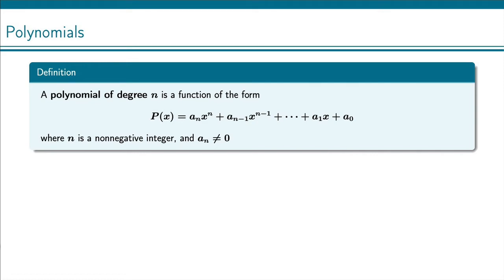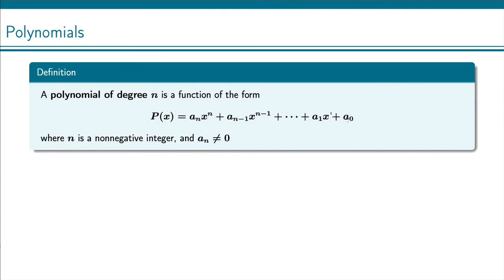A polynomial is a certain type of function, and we're going to talk about how it's constructed and the different parts of it. So we talk about a polynomial of degree n, and it looks like this, where we've got a constant times x to the n plus another constant times x to the n minus 1, and then we continue that pattern all the way through until we get a constant times x to the 1, and then plus